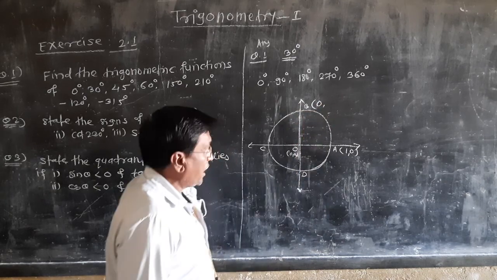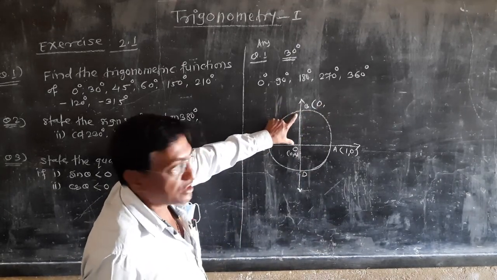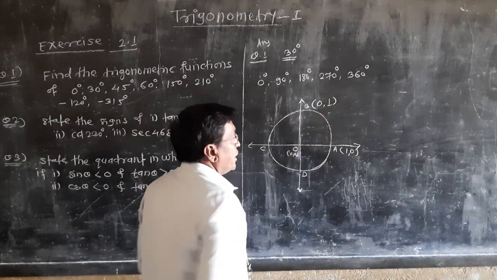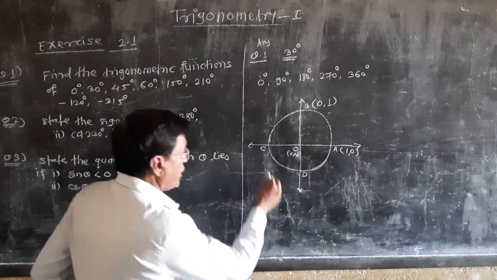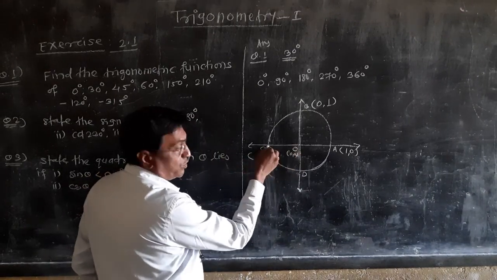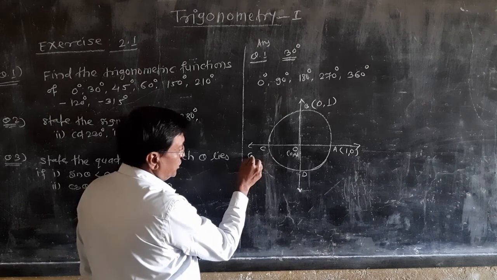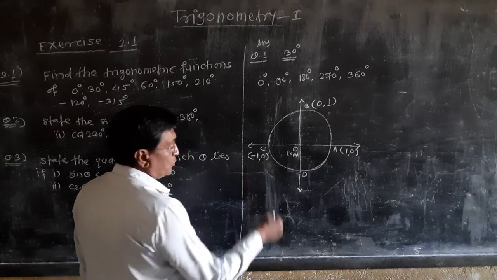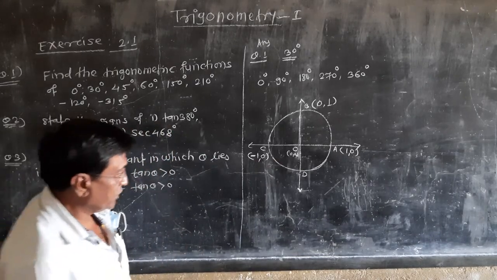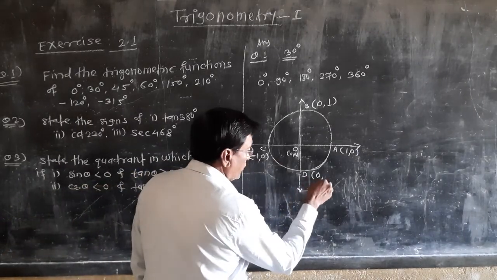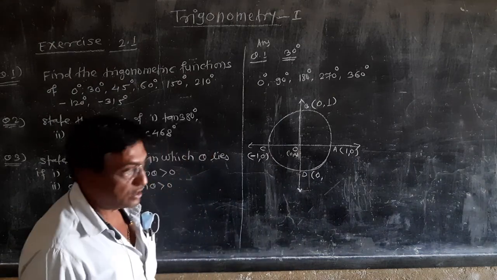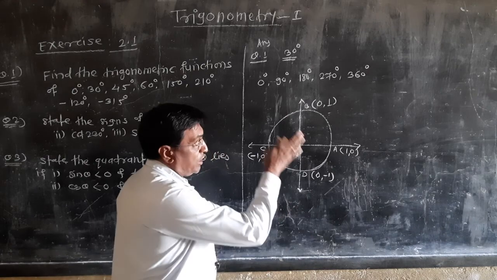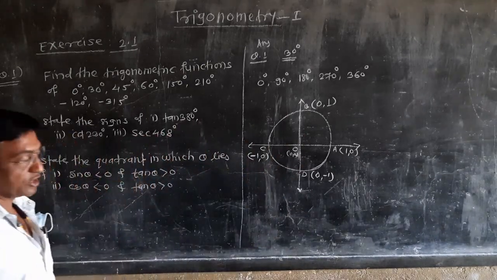Okay, and now this y coordinate, this distance, is 1 because this is the unit circle, and so the coordinate of this point is 0, 1. And the coordinate of point C, it is along the negative x-axis, and so its x coordinate will be -1 and y coordinate will be 0, because it lies along the x-axis. For the last point, its x coordinate will be 0 and it is along the negative y-axis, so its y coordinate will be -1. Okay, so I will mention here the coordinates of the corresponding points.